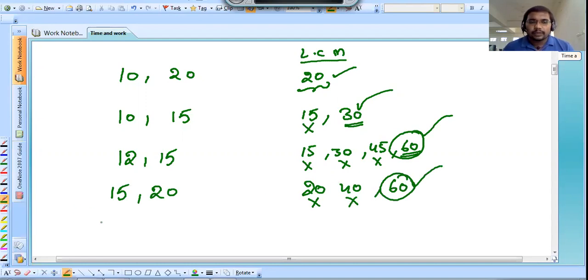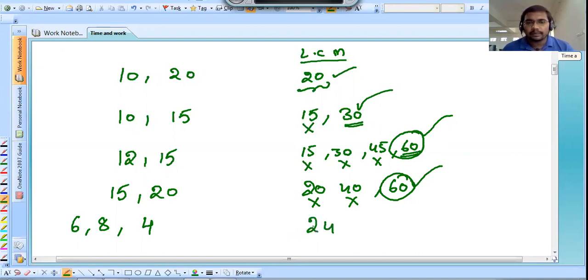So is it useful for three values also? Yes, it is useful. For example, the numbers are 8, another value is 6, another value is, for example, 4. What is the big number? 8. So 8 sixes are 48. But you can write 24.